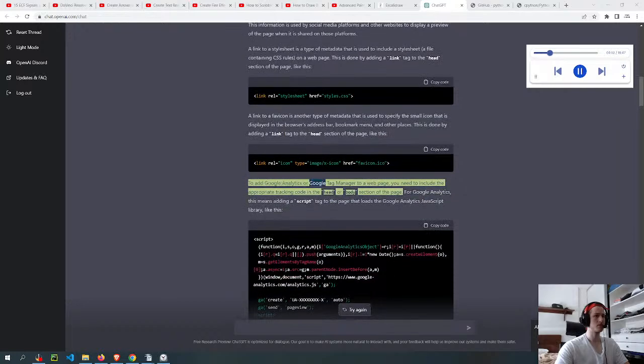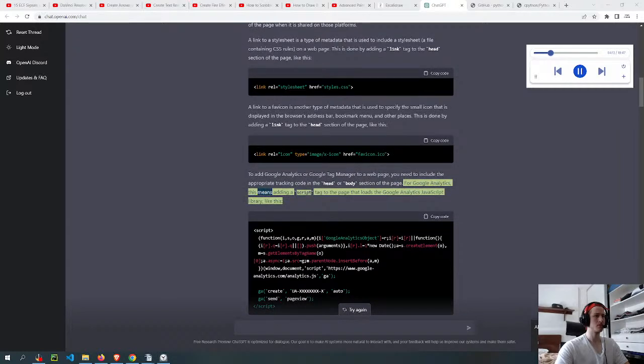To add Google Analytics or Google Tag Manager to a web page, you need to include the appropriate tracking code in the head or body section of the page. For Google Analytics, this means adding a script tag to the page that loads the Google Analytics JavaScript library, like